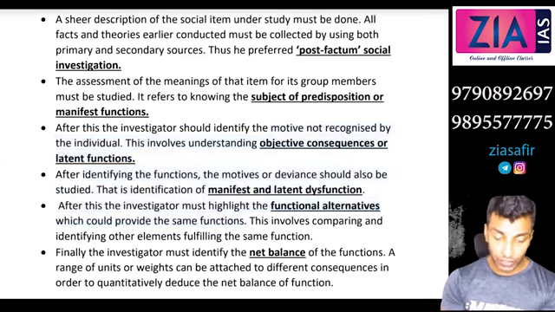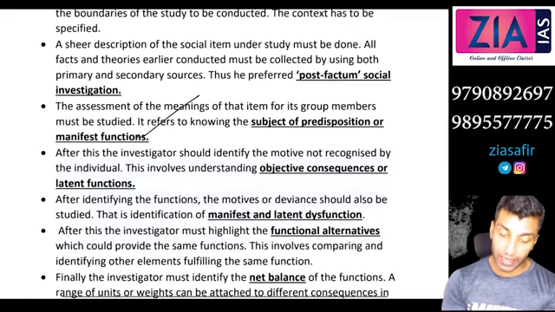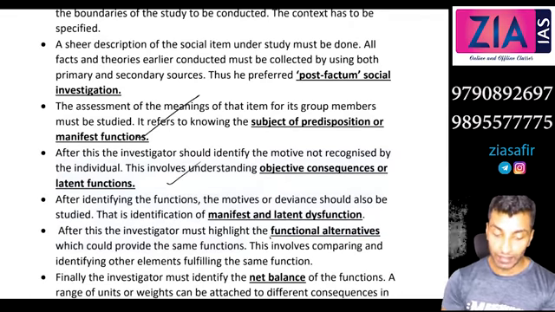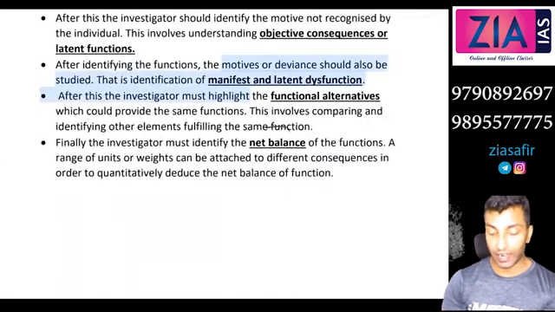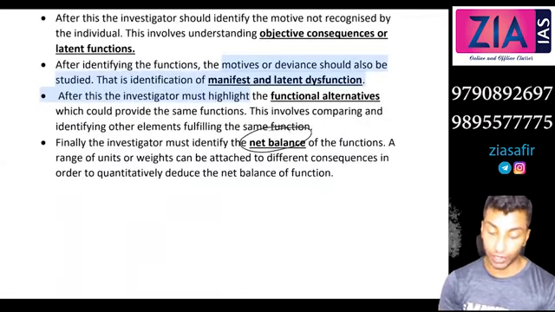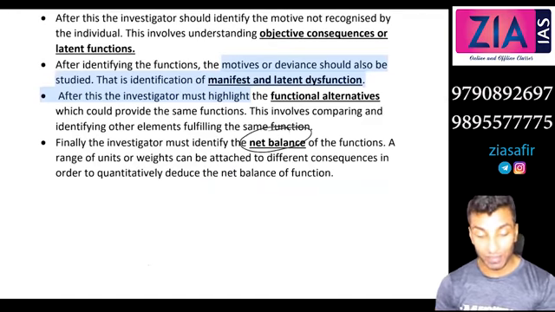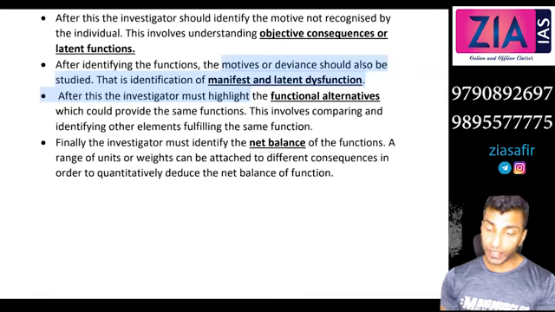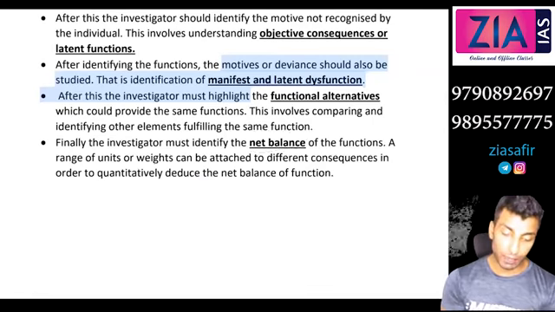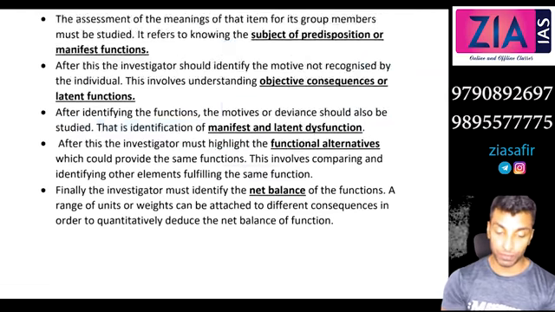So talk about the manifest function. This word itself will give you that advantage. Talk about the latent function, talk about the net balance, and you should be providing the alternatives, and finally understand the net balance and conclude it. So this is actually very useful for you people to write the answer. And any theorists are obviously following this approach only, because if you are a functionalist, you have to follow this approach.